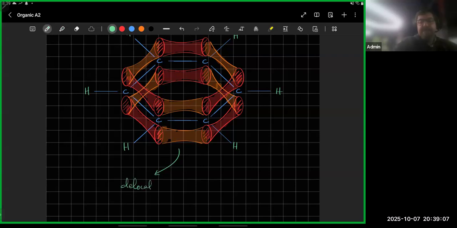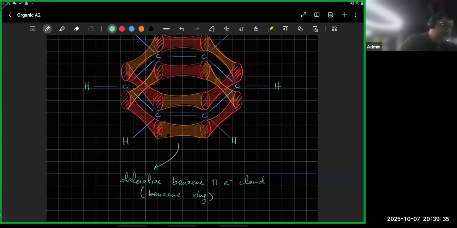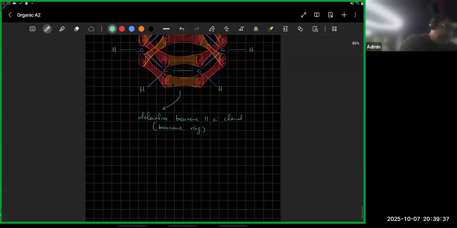But it's not delocalized everywhere. It's still kind of localized. The delocalization is only on the six carbon atoms that you can see. So this is the delocalized benzene pi-electron cloud. Spelling क्या होता है? And this is also called the benzene ring. ठीक है, so basically the correct way of writing benzene is